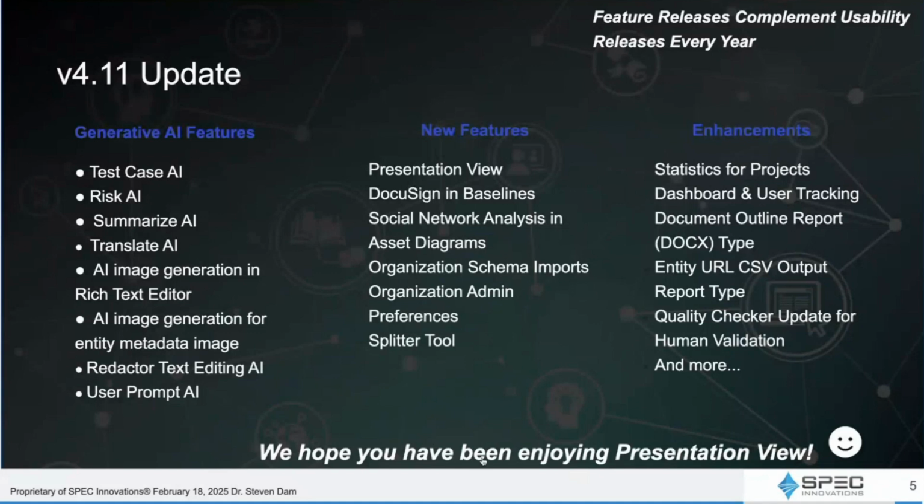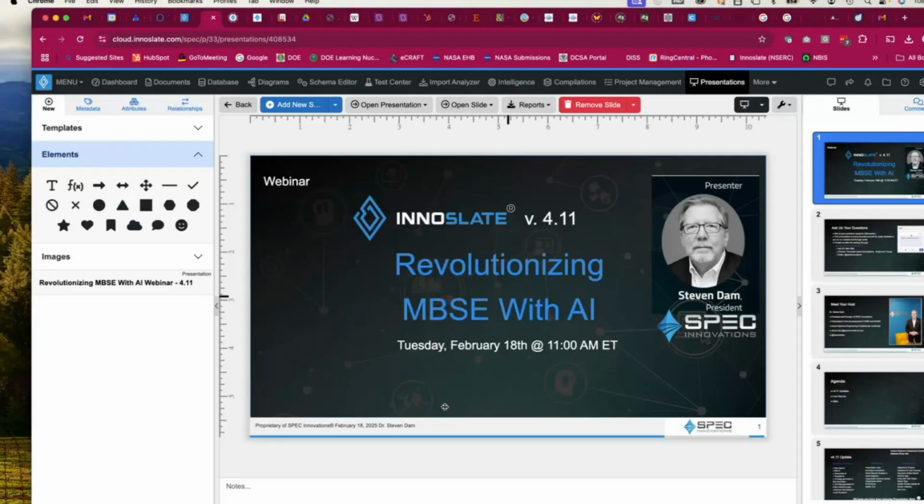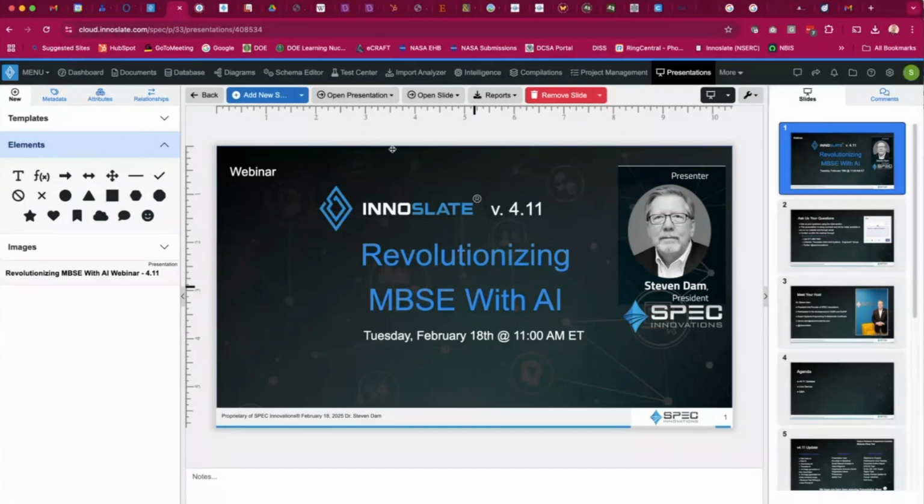By the way, what you're seeing here is presentation view. That is the actual slide set. In this view, the main thing we were trying to do was make it so you could annotate diagrams, but it turned into more of a full-up slide presentation capability. It's not meant to replace PowerPoint, but it can help you if you're trying to go between